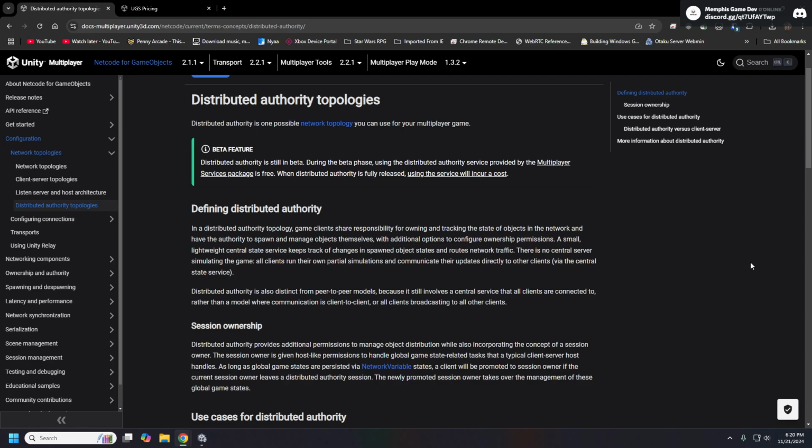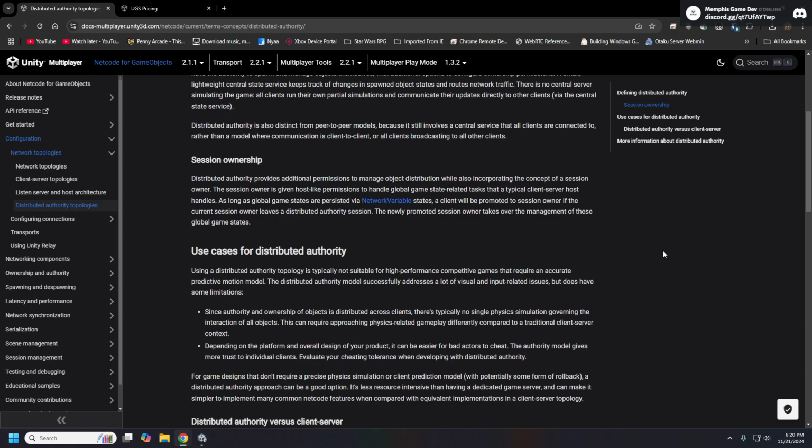What this also means is that since clients all have authority over certain aspects of the network session, cheating can be a bit easier.